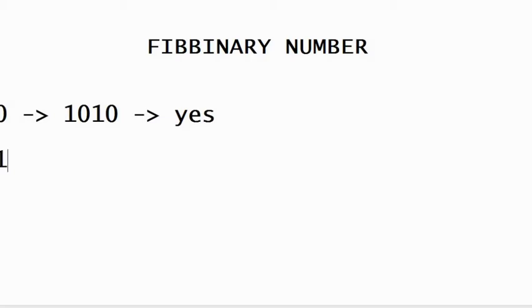Whereas if we take the number 11, the binary representation will be 1011. We have consecutive ones here, so it is not a Fibonacci number. So this is what a Fibonacci number looks like, and normally to find whether the given number is a Fibonacci